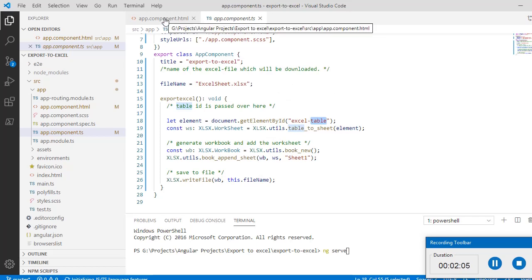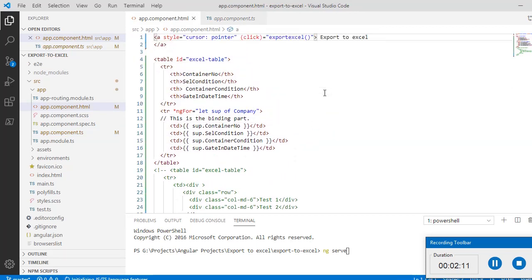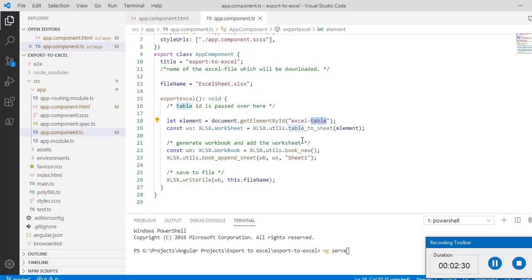And in the app component HTML file, you can see here I called that method, and here is a link to export that calls that method, and here is the table with that particular ID. So this is the ID which is used here to export that file.